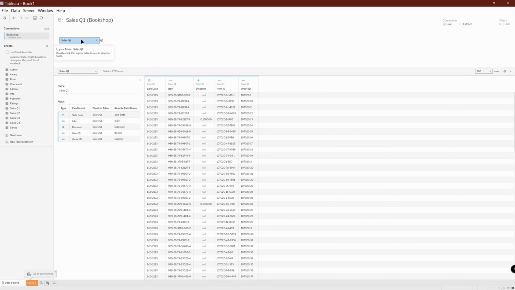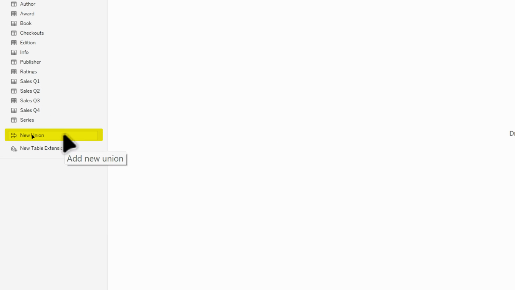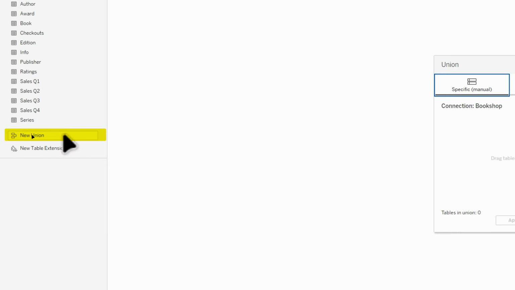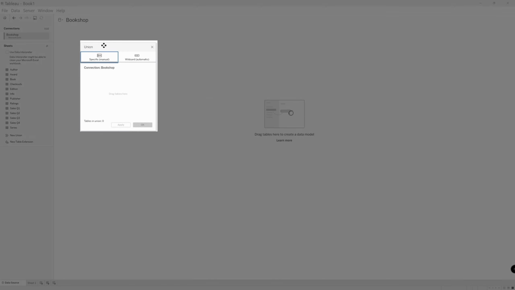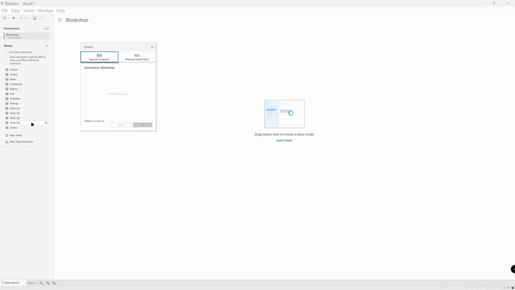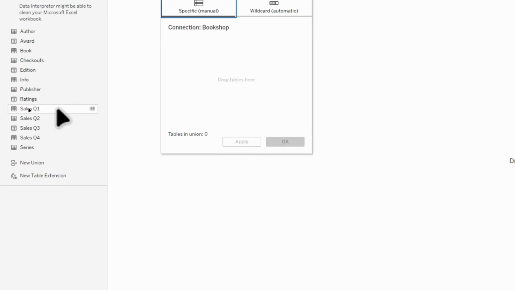The next thing we're going to do is navigate back to the left data pane where our sheets are. And to start the union, we need to select new union, which is right here. We're going to click the union, which will open up a union dialog box. I'm going to drag that over here. And now we need to choose the data that we're going to select. The data we're going to select today is the sales data over here to the right. We have access to the sales data, and these are the 4 worksheets that you actually need for this particular data set.